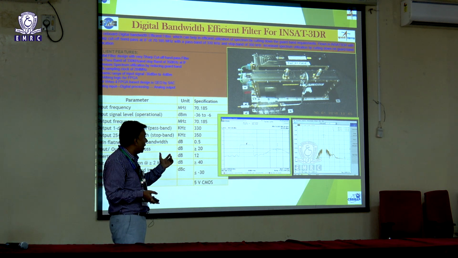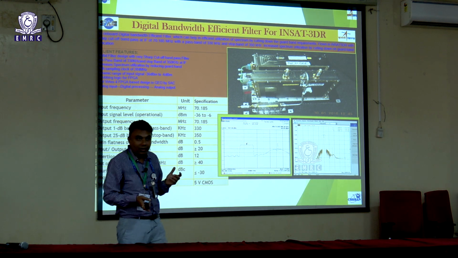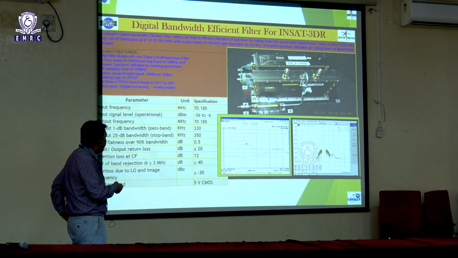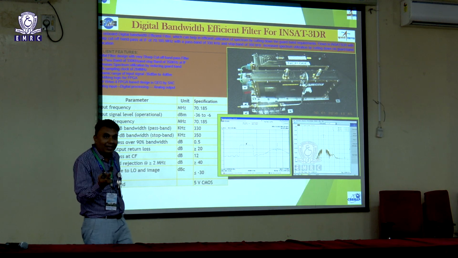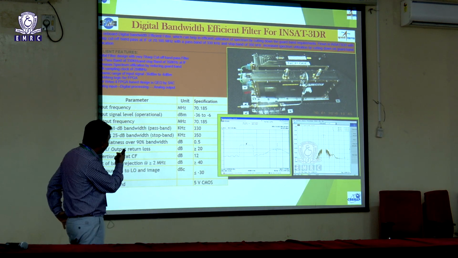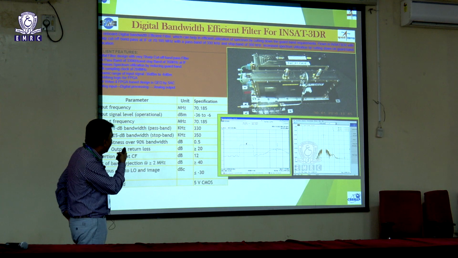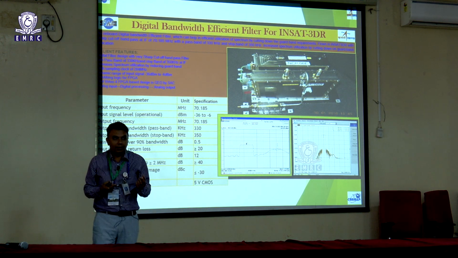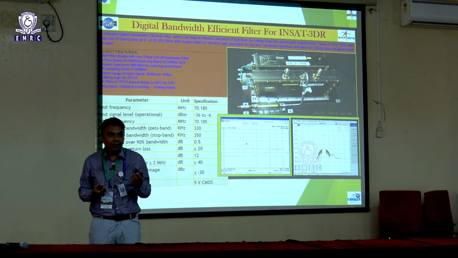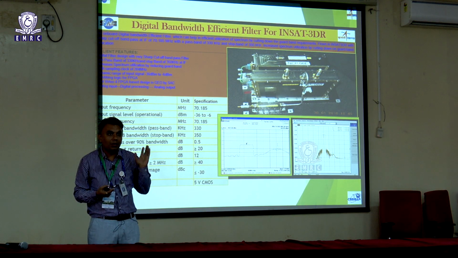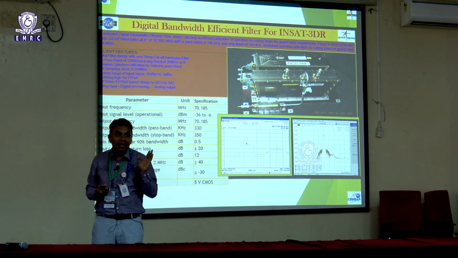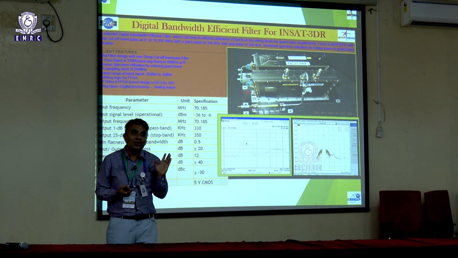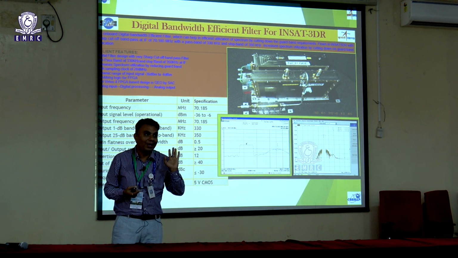For that we required a digital filter on board, designed to meet the fishermen's requirement. If you see the specification of this filter, you may wonder what is so great about designing a digital filter. But if you look at the specification, the transition band is roughly 20 kilohertz, and in a digital filter the filter order depends upon the transition band. If you compute using MATLAB or any FDA tool, the order comes to a 15,000 tap filter. Any device in the world will not accommodate this 15,000 tap FIR filter in the design.